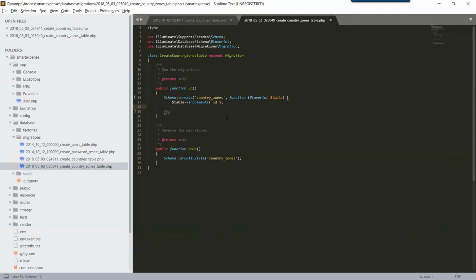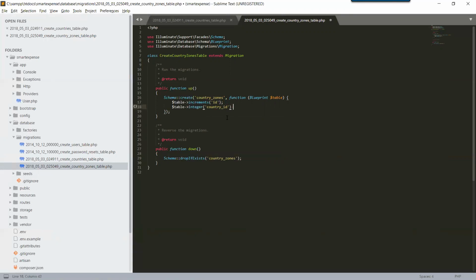So how can we make that relation? First we define our country ID in our country zones table, and it will make the relation. So table integer country ID. We have an ID in the country table, so that ID will be inserted into our country zone and make the relation.